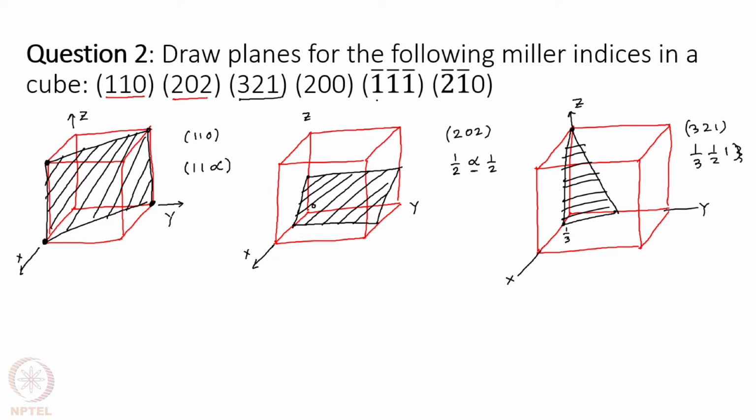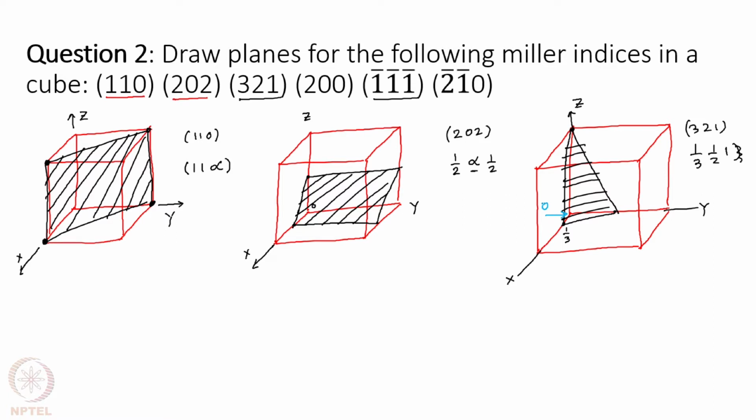Now I want to draw this 1, 1, 1 plane in this same cube. So this is not 1, 1, 1, this is 1 bar, 1 bar, 1 bar. So this 1 bar, 1 bar, 1 bar plane indicates that all the intercepts are negative. So if we consider the original origin as origin, then it will not be possible to draw inside the cube. So to draw it inside the cube, we need to choose a new origin such that all the intercepts will